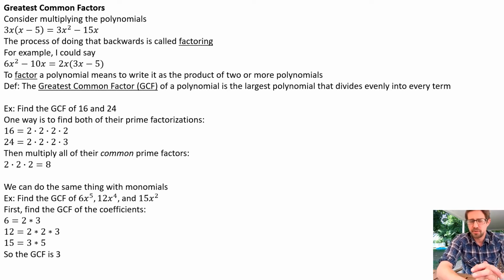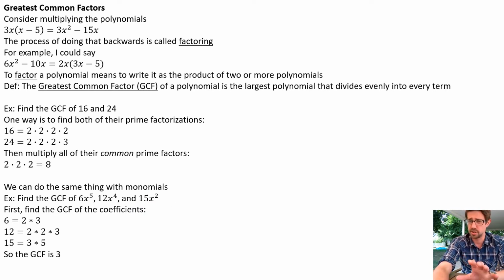And then it's a little different when you look at x to the 5th, x to the 4th, and x squared. Just think about what those exponents mean. X to the 5th is x times itself 5 times. X to the 4th is x times itself 4 times. x squared is x times itself 2 times. So the prime factorization of x squared is just x times x. So every one of those things has at least 2 factors of x in it, right? This has 2, this has 4, this has 5. So the most you can possibly take out of all 3 of them is going to be 2 factors of